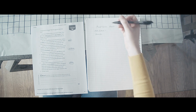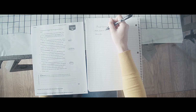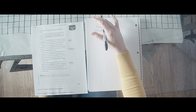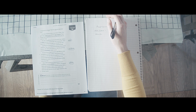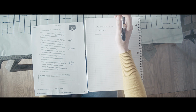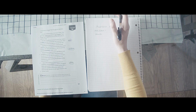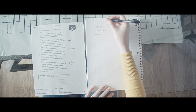And now before we go on, let's think about what the main idea has been in what we have read so far. So the main idea is what this section of the story is mostly about. So what has it mostly been about? Well, it has been about amphibians, but more specifically, what has it told us about amphibians? Well, it's told us what amphibians are, and it's told us some of the problems that amphibians are facing. It has also told us how amphibians are different when they're young to when they're old. So I'm going to think of a way to write that. Let's say